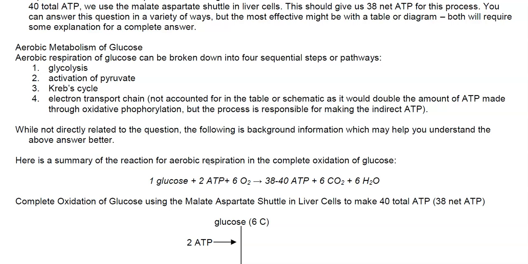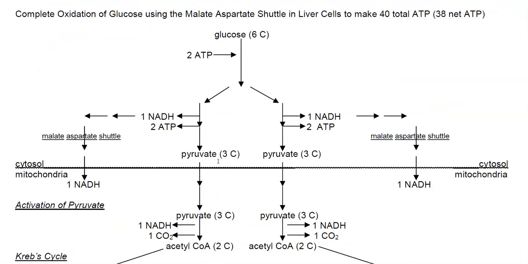Remember, the electron transport chain, or also known as oxidative phosphorylation, is not accounted for in terms of the summary tables we'll look at and things like that, just because we double counted if that were the case. So looking at the schematic, we'll just look at the top part first. What we do is we take glucose, which is a 6-carbon sugar, add 2 ATPs, not that you have to know this, into glucose